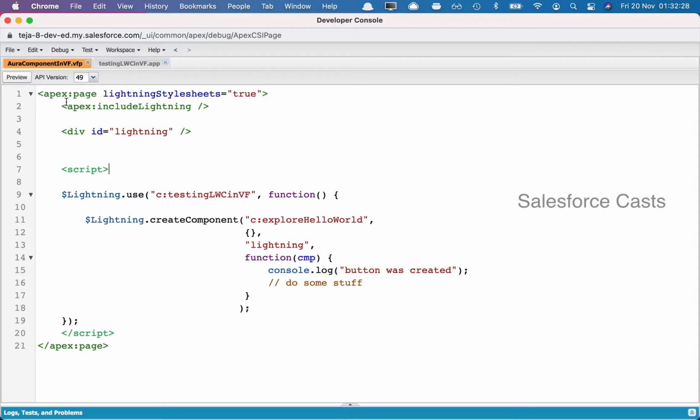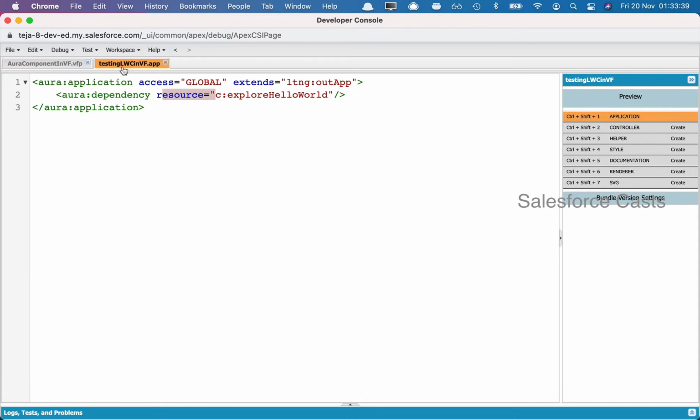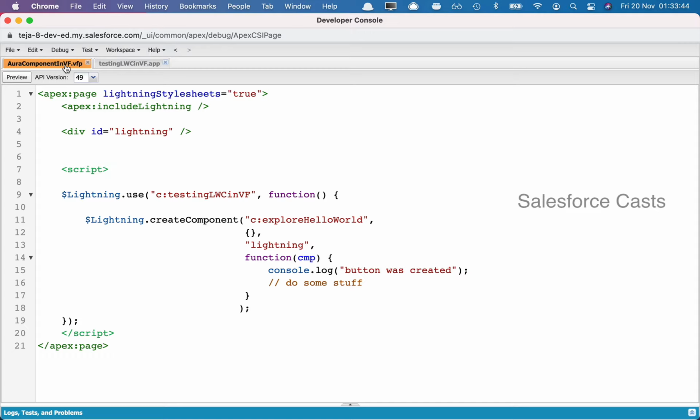Now, though Visualforce and Aura components are created and given to us by Salesforce, the browser doesn't know it. The browser only understands one thing. As long as the resources are being fetched from two different servers, the browser is going to treat them as two different platforms. And in our case, Lightning or Aura components will be fetched from one server, whereas Visualforce will be fetched from a different server, and the browser is going to treat that as two different frameworks. And hence, I'm going to walk you through the process of exposing Aura components in Visualforce pages using the Lightning Out concept.